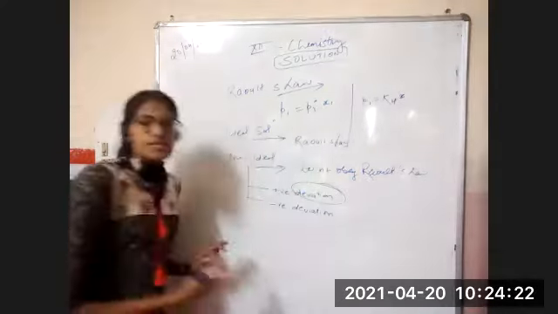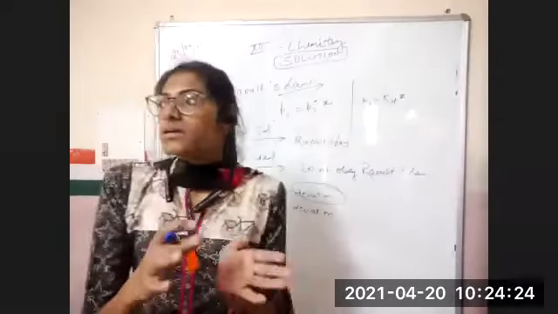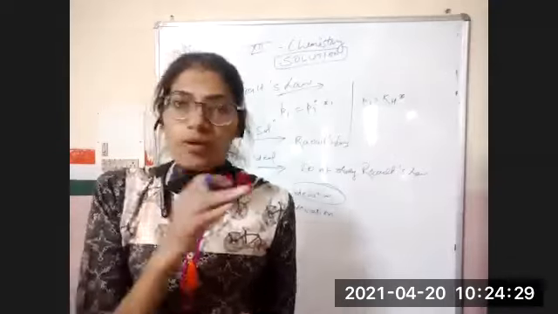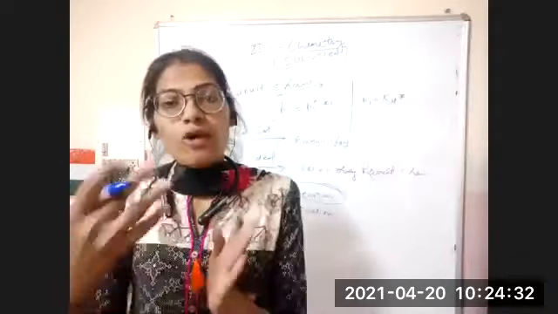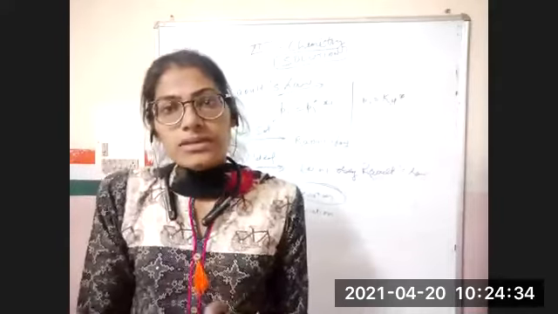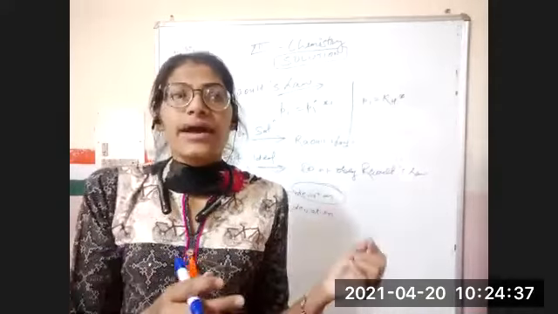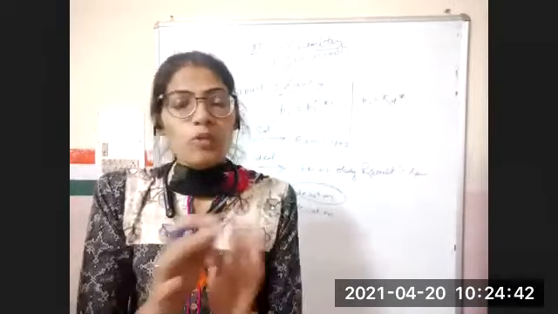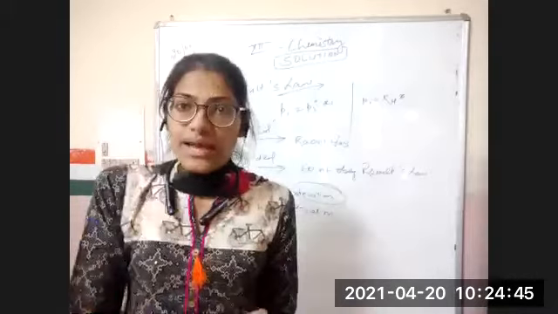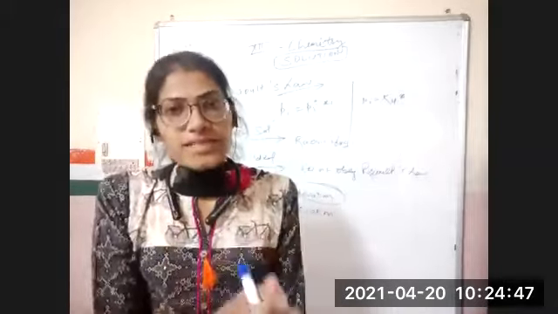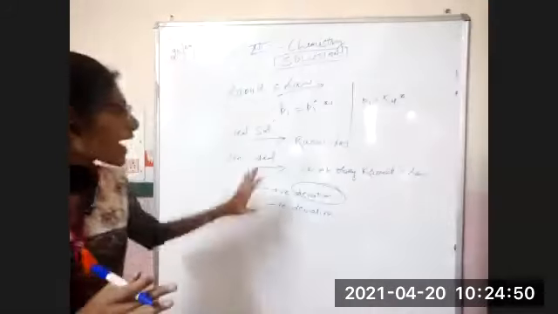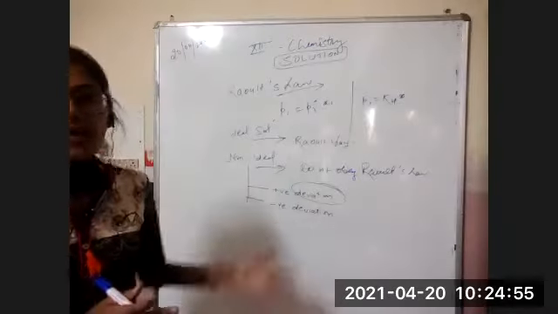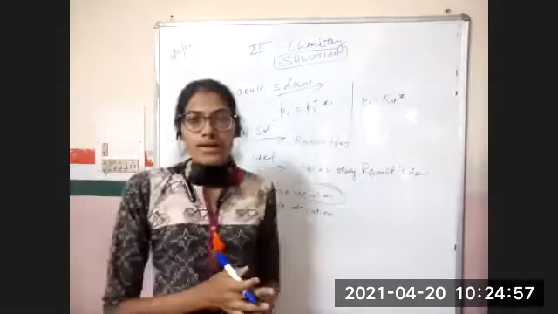What actually is deviation? Deviation means to move away, or we can say a diversion. It is like we are going on a straight path, and then due to an obstacle, we move to another path. So basically, we can say this is a kind of bhatkav. We are going on the same path, and when some obstacle or situation arises, we deviate from our main path. So non-ideal solution means positive deviation and negative deviation. How can we describe positive deviation and negative deviation?